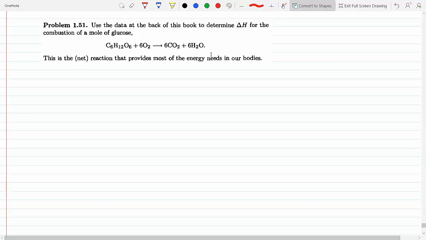We know that the delta H for the reaction will be however much energy we have in the products per 1 mole to make these molecules, how much is stored in their chemical bonds, and also how much energy is stored in the space to make them, minus the same exact thing for the reactants. So if we go to the table at the end of the book, page 104, we can see that the delta H for this reaction will be